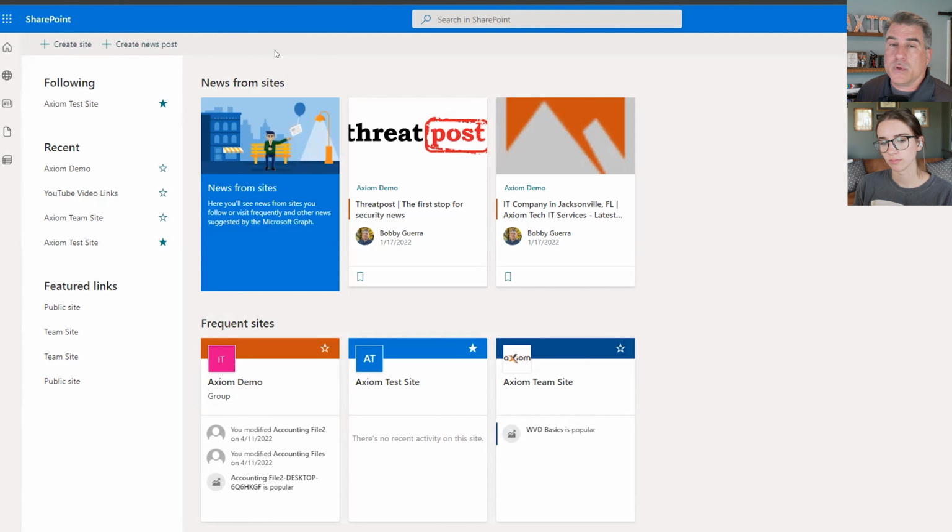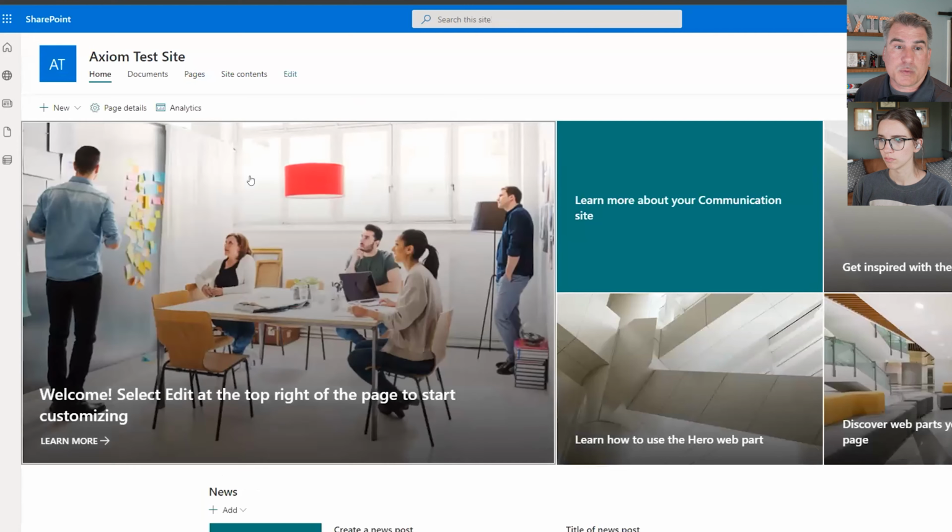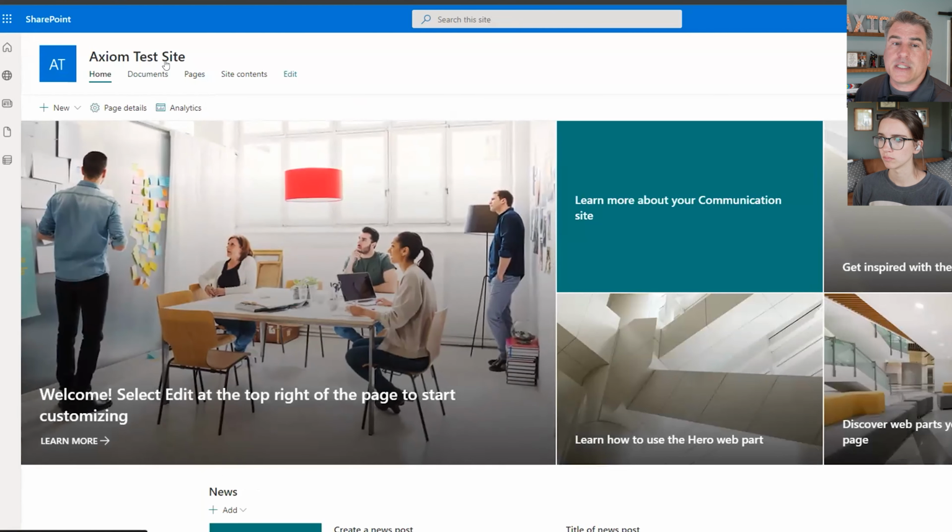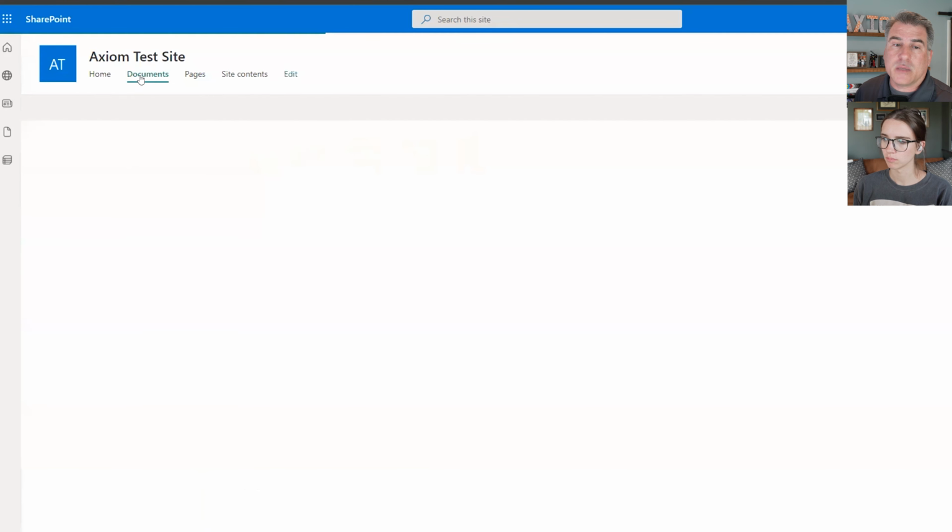So, I mean, maybe you might have some news or things like that that you want inside your organization. This is really good, but you can also use it for the perspective of a shared Google Drive library that everybody inside the organization can access. So you would just click this to create a new site, but we've already done that. And since Kaylee covered that in her video, we're just going to go into here so we can stay more specific. But under this Axiom test site that I have under documents, this is how I get to